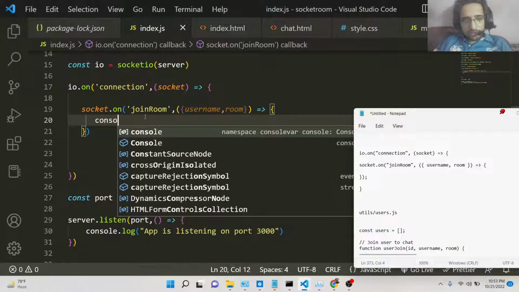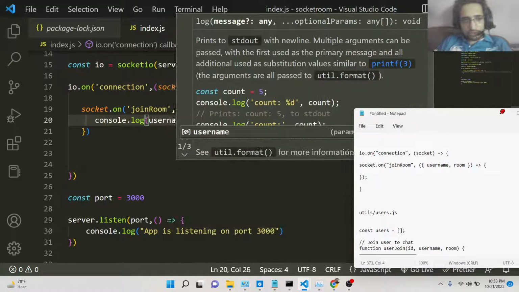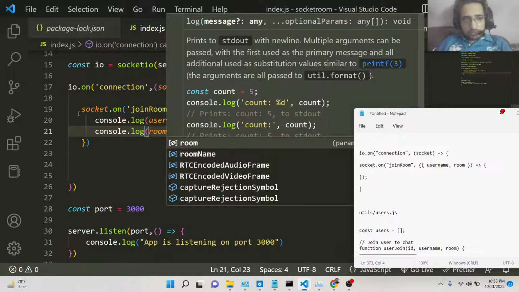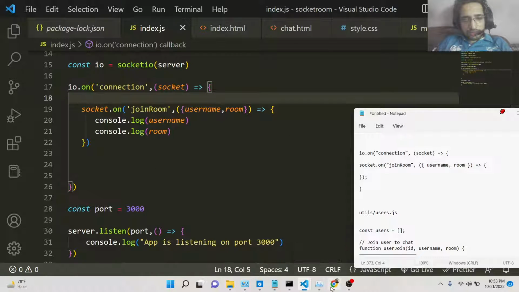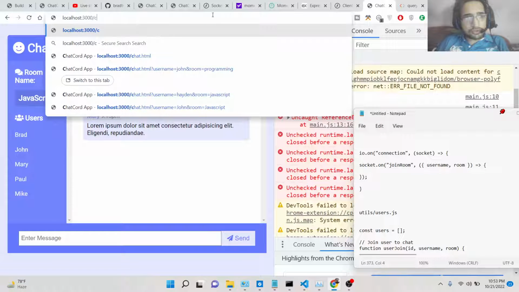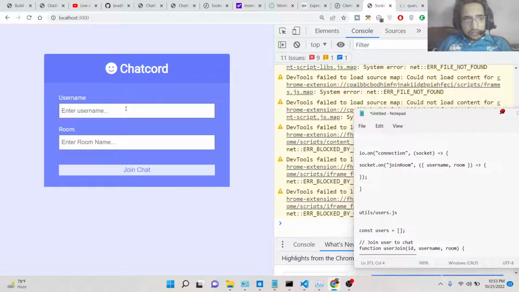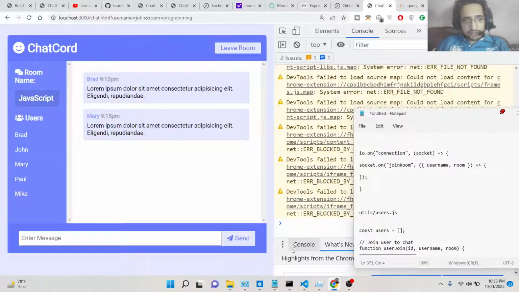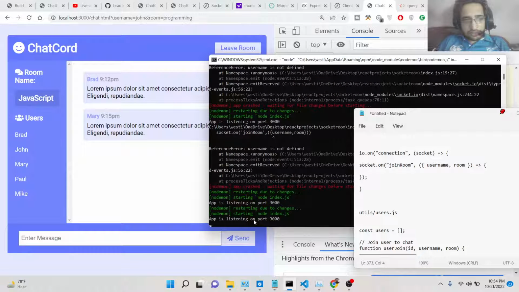We can console log the username, and console log the room name. So whatever room name you choose, if you go to localhost 3000, let's suppose I choose the name John and enter a room which is programming, click join chat. In the console you will see